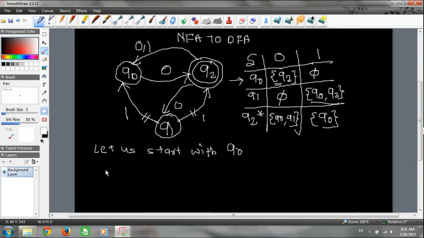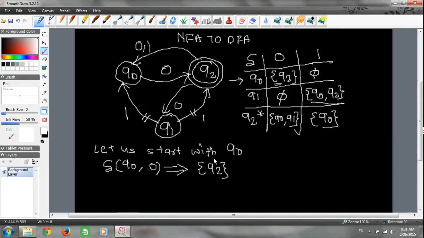Now what we need to do is see where this NFA is going on Q0. One by one, all states in the resultant DFA will be found out by these steps. So how to do that? Let's see delta of Q0, we are starting with Q0. If we give 0 on Q0, it is going to Q2. So basically it is going to Q2, and we are showing it as a set.